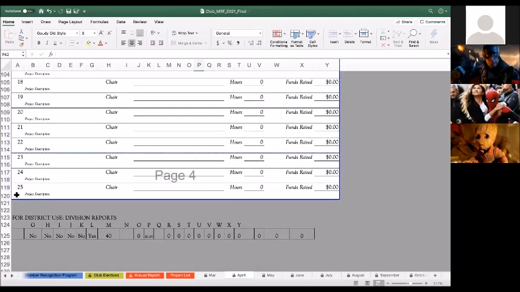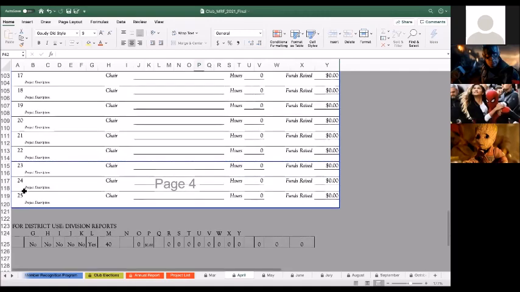This was your tab, Melanie. How do you add more? Is there like an add column or row? Add row section.